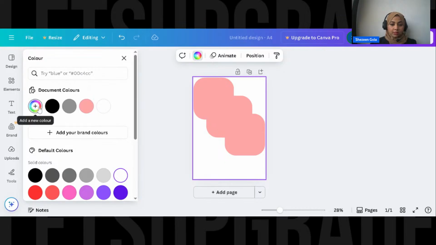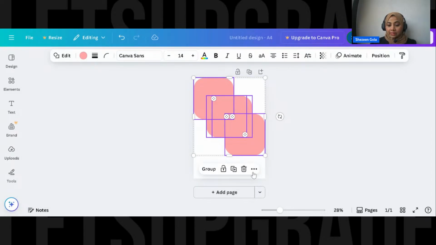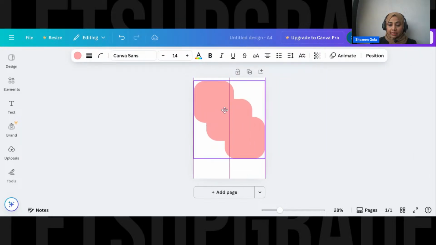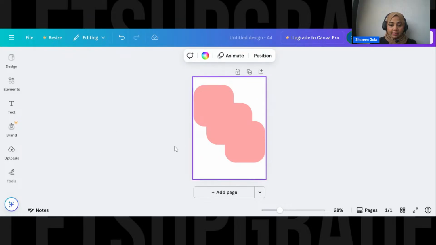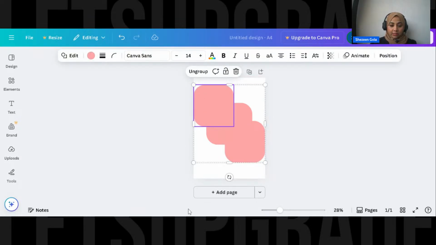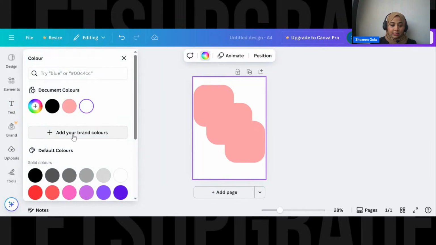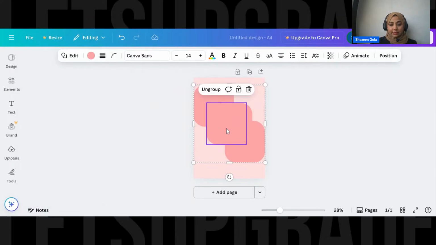We will try. So now once this group is there, I'm going to select this and group this, so that it just goes in that flow only. Okay, now I'll fill the background of the background here by selecting it, or else if you want some other colors, a little lighter color than this, you can select this. Now you can resize this.